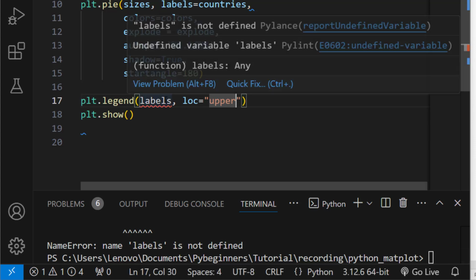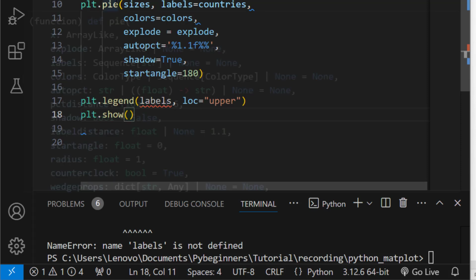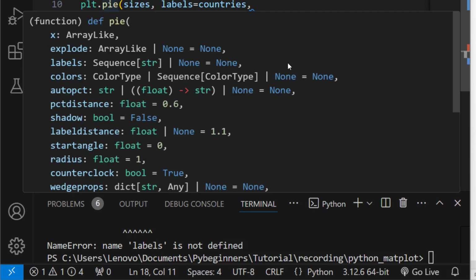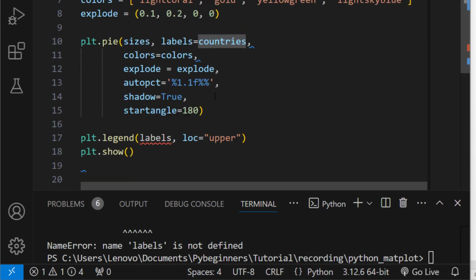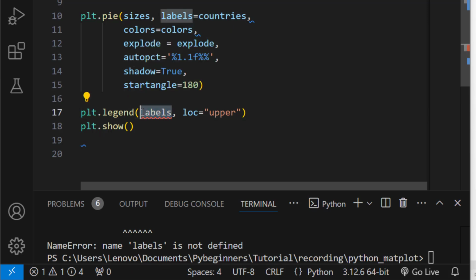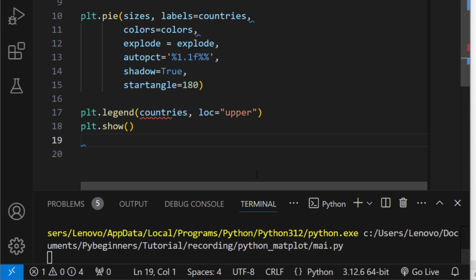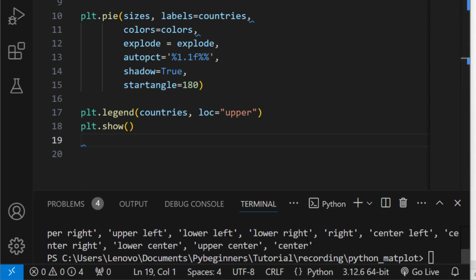Sorry, it wasn't supposed to be labels. It's supposed to be countries, because I want the countries to show, and I forgot that we changed the name of this in the beginning. Save, and if I run this now, I got an error, because it told me something here.